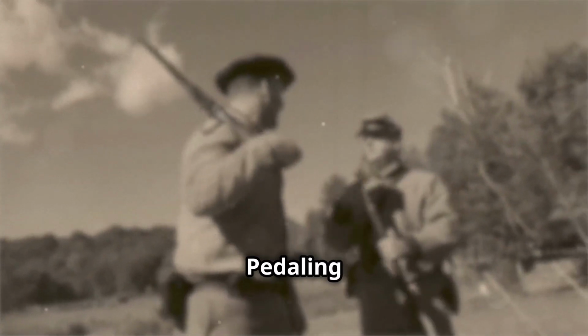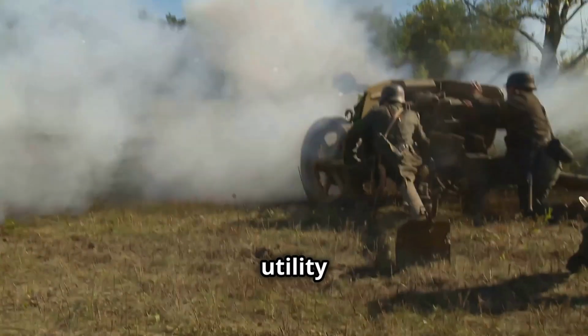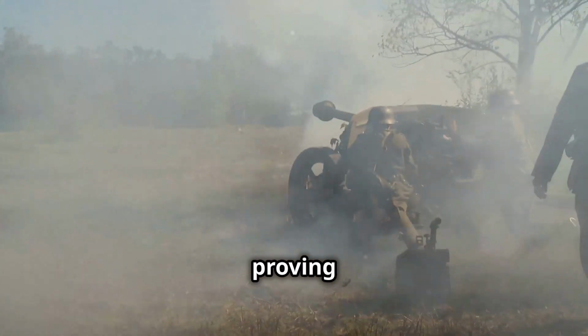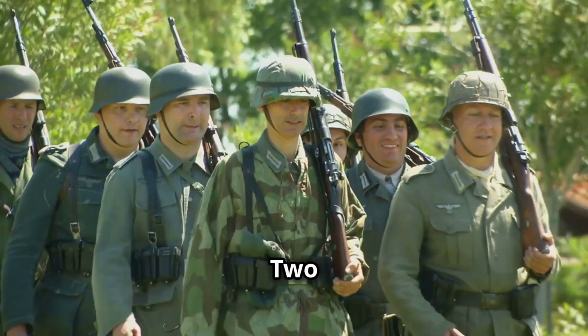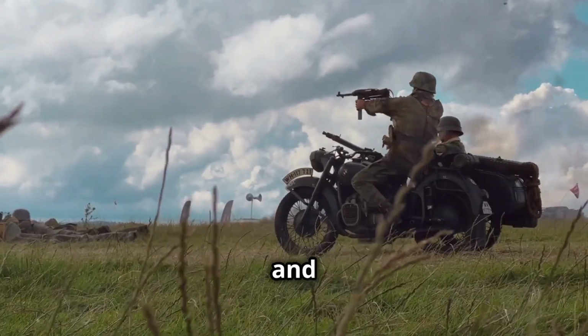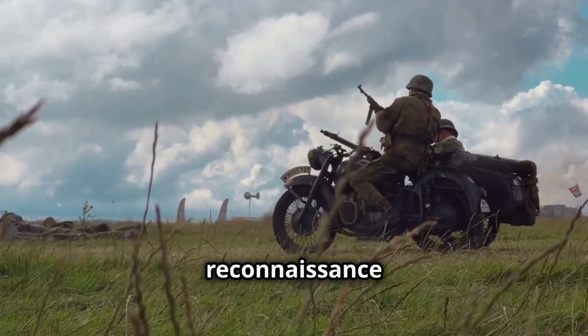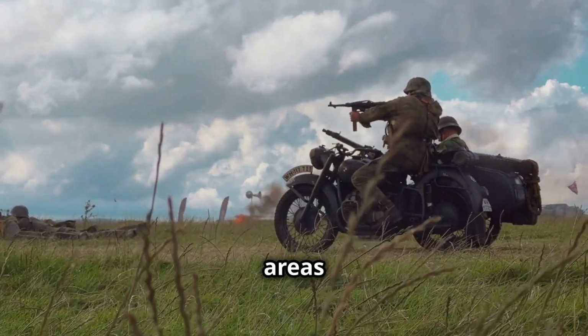Section 7. Pedaling through history, bicycles in times of war. The bicycle's utility extended beyond everyday life, proving invaluable during times of conflict. Both World War I and World War II saw bicycles deployed for various military purposes. Their agility and maneuverability made them ideal for reconnaissance missions, message delivery, and troop transport, particularly in areas where motorized